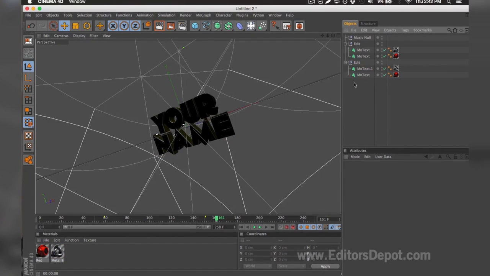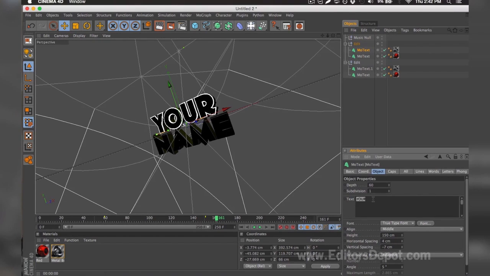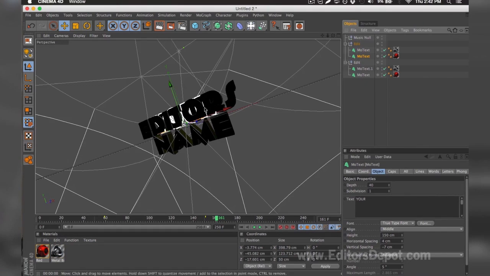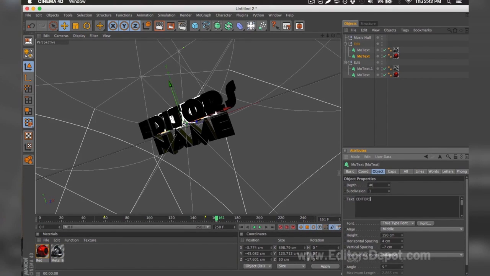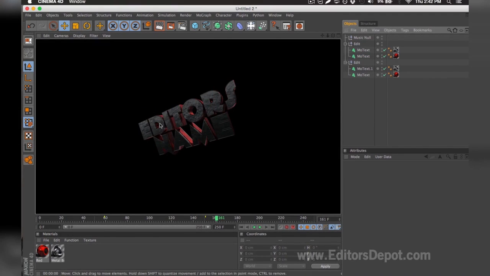The first thing you want to do is of course modify one of the text layers. So here it says your. I'm going to go ahead and hover the text after I select it and replace it with editors. I'm going to do the same thing for the second layer behind that one. I'm going to hover the text and write editors. Now that that's done, I'm going to go ahead and render preview, and as you can see it says editors,